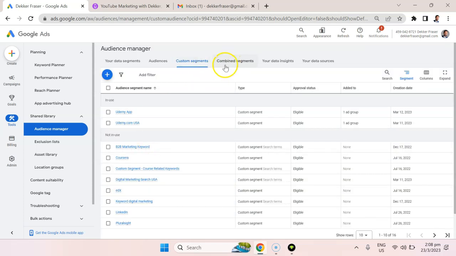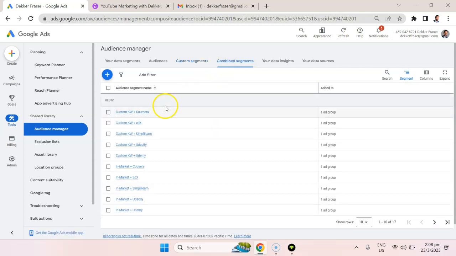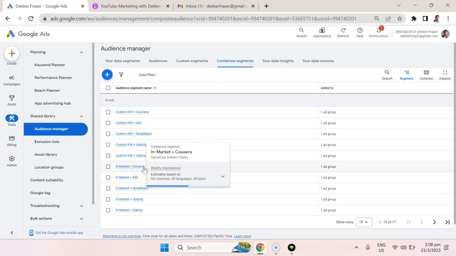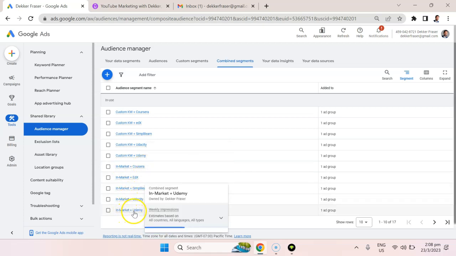And then we also have the combined segment section where, for example, I have keywords that people are searching for, combined with their likelihood to visit sites like Coursera, similar for Udemy, people that are in market and also visiting websites like Coursera, people that are in market and visiting websites like Udemy. So there's a lot of complex and interesting combinations that are going to be very useful for you in targeting